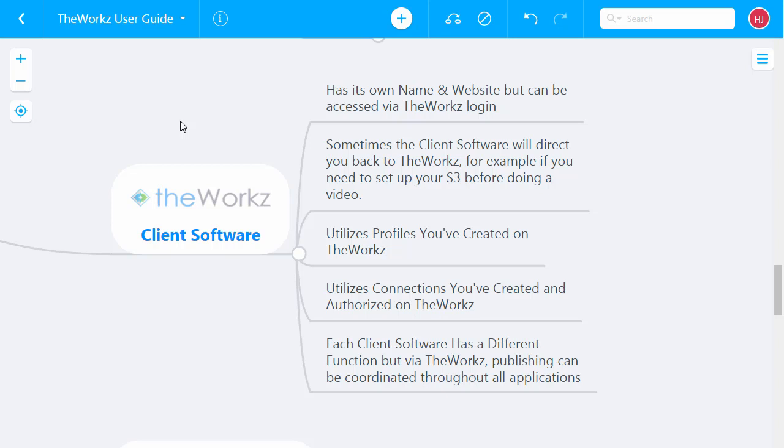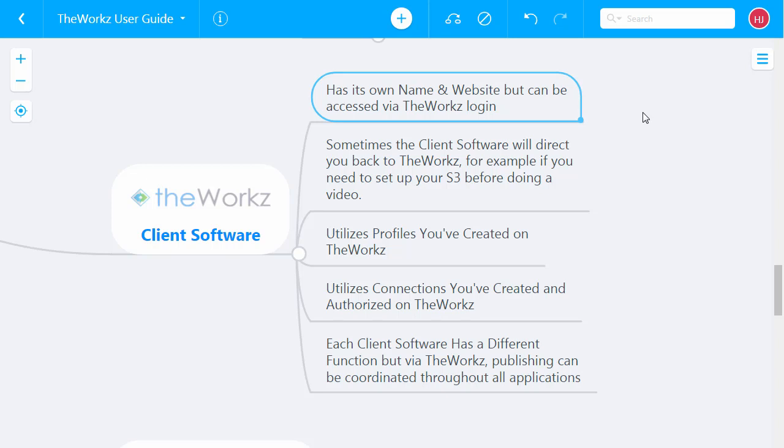So we use the front end software to do certain operations to set up our marketing waves. The client software has its own name and website, but can be accessed via the TheWorkz login. As I went over before, some of the software included is VidWorks, TapVids, LinkWorks, and others. But they all integrate on the back end with what we have running on TheWorkz, and that makes it easy for you.